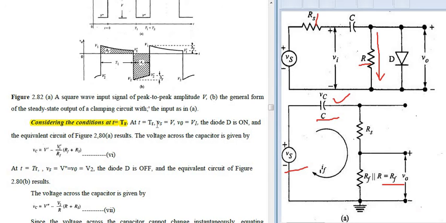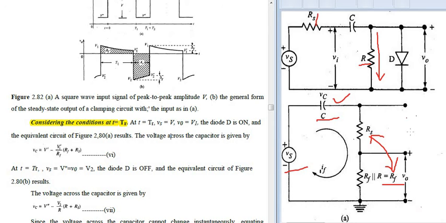What is the condition? Vs equals V0. Then I will be getting the voltage Vc across this particular capacitor, that will be V dash minus V1 dash into, what are the things that have come here, RF as well as RS. So V1 dash divided by RF into RF plus RS. These two we have to consider because the diode is in the on condition. So that's the reason you will be getting your forward resistance as well as your source resistance also.